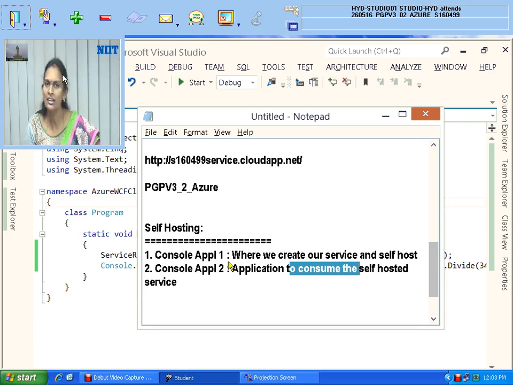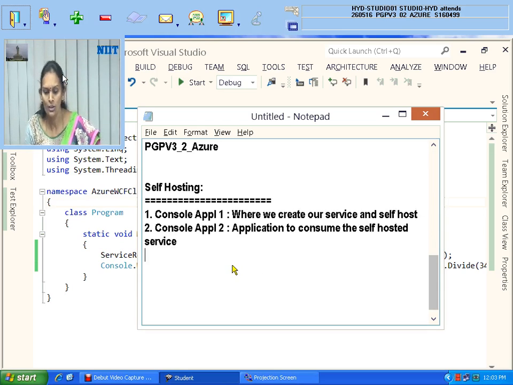Now, how can you create console application one? Any WCF service will have one interface and one class that inherits from this interface, where I will implement the functionality. In the interface, the service contract and operation contract are declared. In the same way you need to create your console application, and the hosting of it is done in the main function. Console means there will be one main function which really gets executed. I will show you how you can create the first application where I'll create the WCF service and host it.